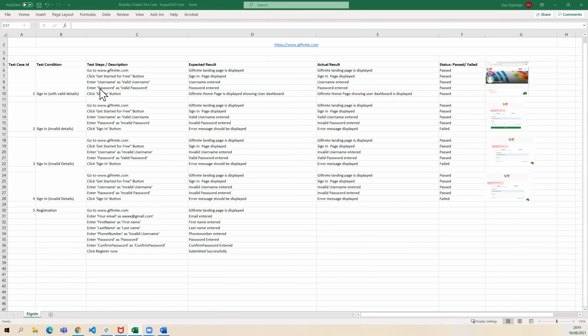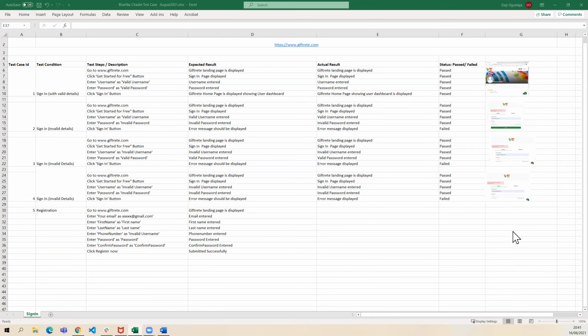Note your tests, all the columns here, you need them. And this is a very good example. And also make sure you write your status, the test execution status here, whether it has passed or failed. And if it has failed, please make sure you put a screenshot as well. And then what you do,